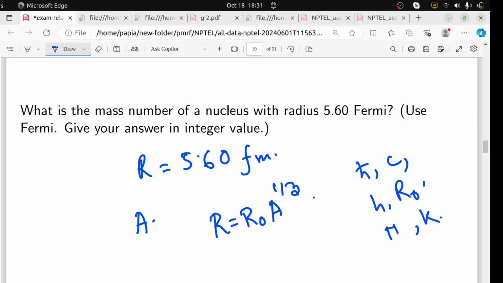And then k value, and sometimes it happens that 1u equals 931.5 MeV. This type of conversion is also there. That can also be possible. So I just want to tell you that you don't need to remember all the universal constants. You just need to think about your calculation, about your mathematics. That's it. So for this question, you don't need to remember R0. Most probably R0 will be given, and we know what R0 is. R0 is the average radius of hydrogen. So you can put the value of R0 from that list. Yes. So R0 is given as